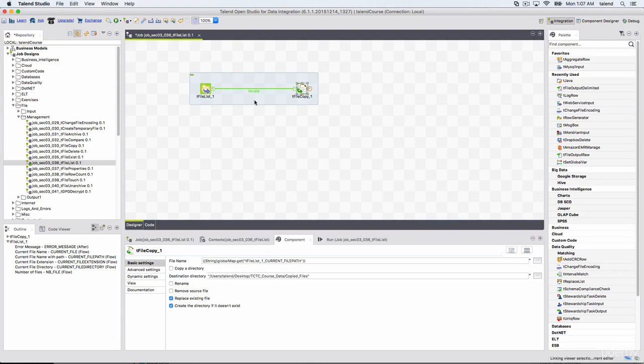In order for that particular file to be copied, all we need is the file path, not the current file, because current file only gives the file name. We don't know where the location is, but we want the path. So we will use this global variable as the file name, because it has all the path and the file name in this global variable. So this is how we define it. We want the variable as a string, so we mention it as a string. Then we use globalMap.get, this is the file component name, and then this is the value, CURRENT_FILEPATH.